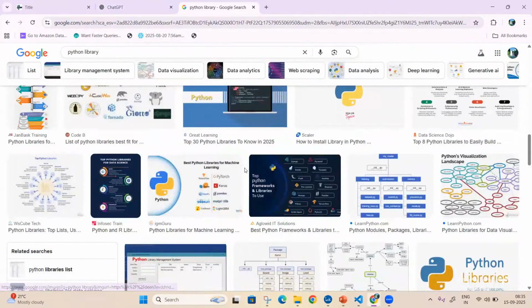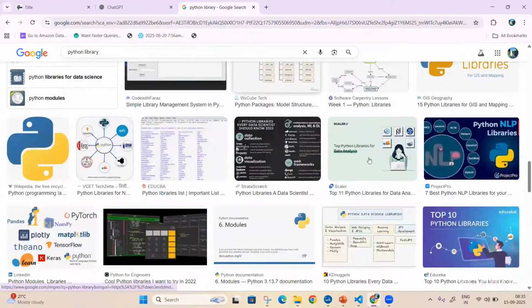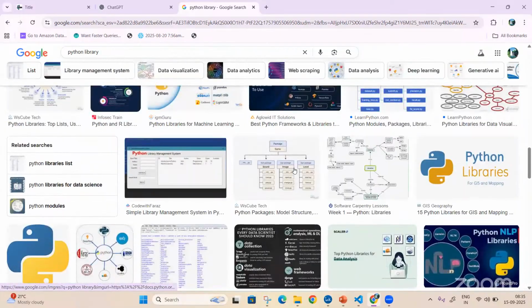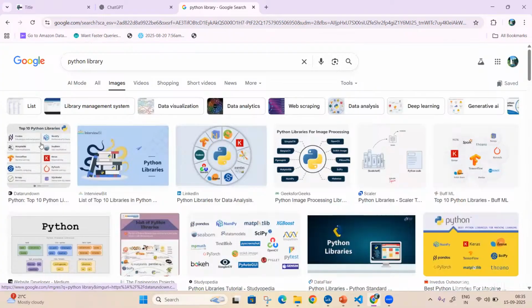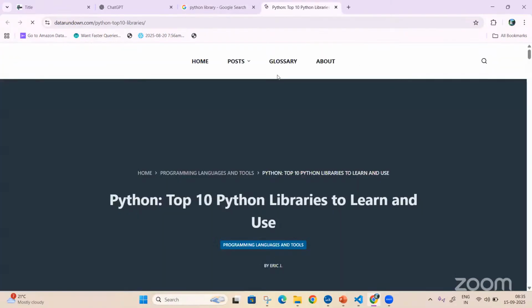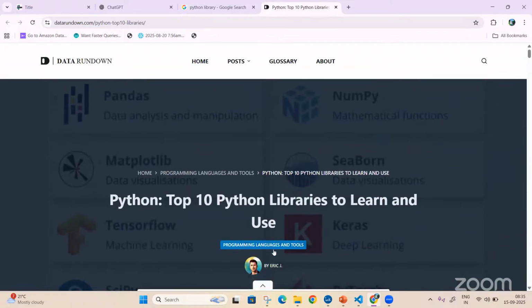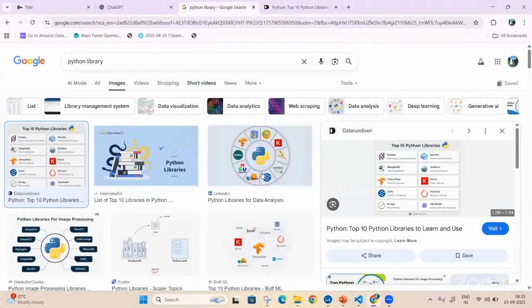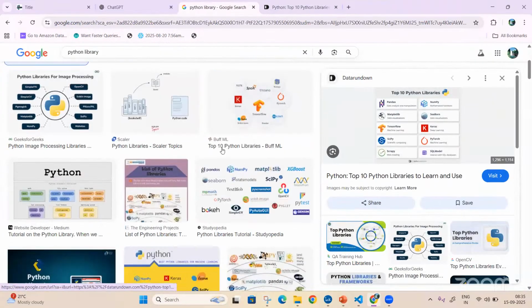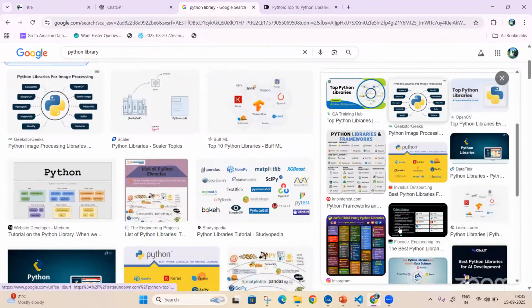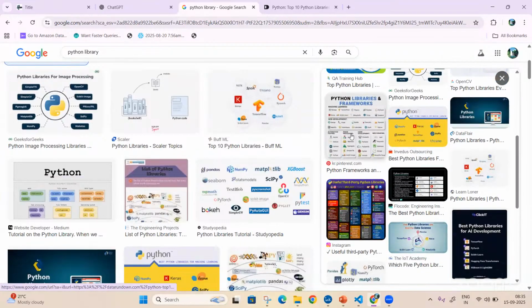These are the libraries which you have for analysis purposes.